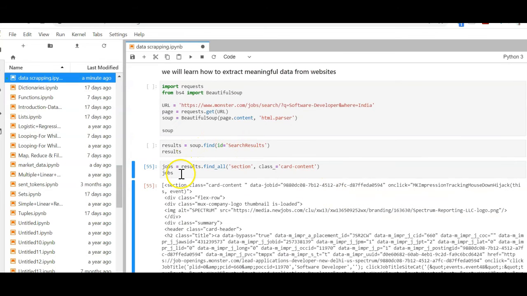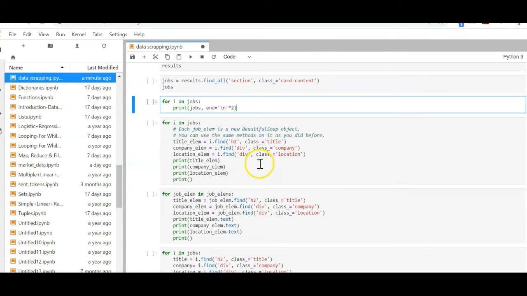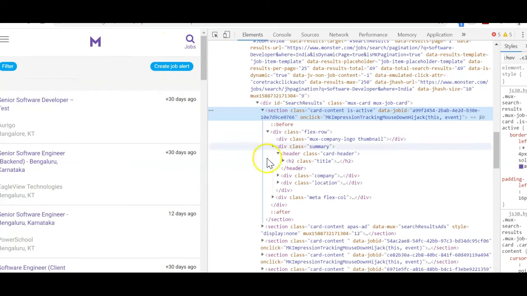So let me dig down further. I'm going to extract each element from the class title, company, location. If you see, my title is an H2 class, and my company and location are division classes. We'll make use of this in our program.